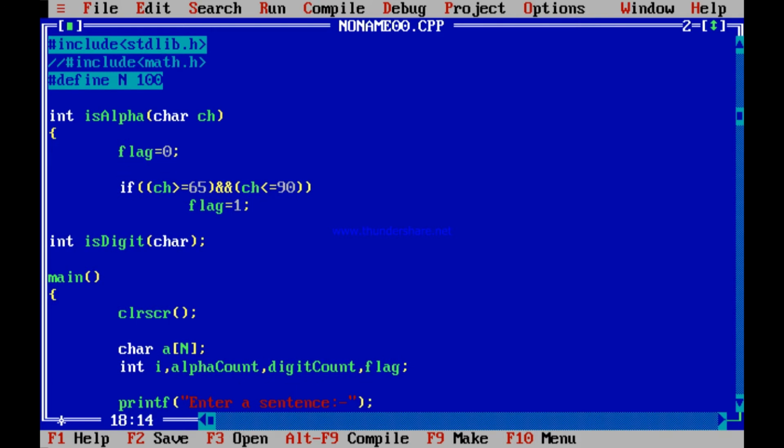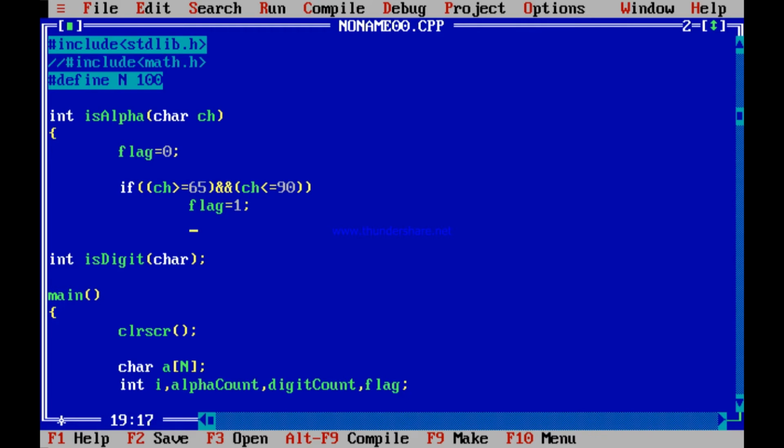If it is between 65 to 90, you know it is an alphabet. You just raise the flag. Otherwise your flag is not raised. As soon as you find yes, it is a character in uppercase, you raise the flag. Also, else if is needed,